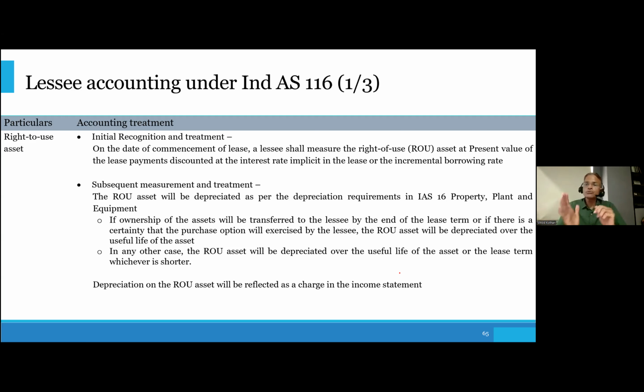Now, what about the ROU asset? The ROU asset will be subject to depreciation. Depreciation over what tenure? Now, here there are two points. If the lease transfers title at the end of the lease term,